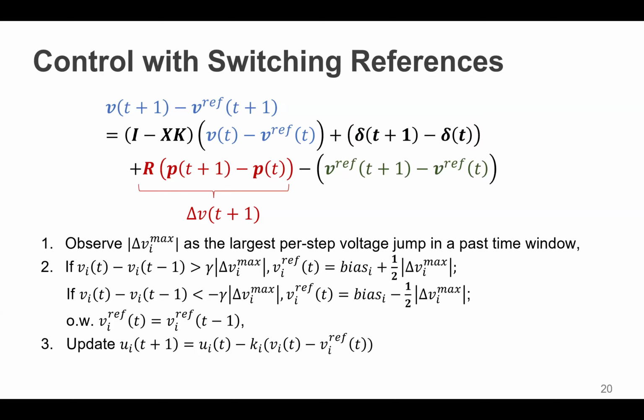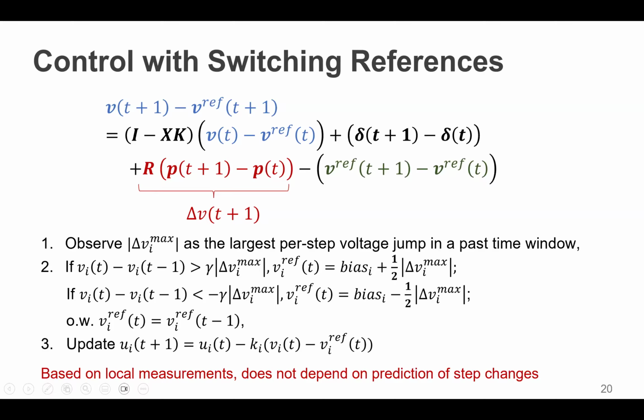In the figure before, exactly when the voltage step changes, then in the range between, we just maintain the current setup of the voltage reference. And now note that we update our voltage reference at time step t using the voltage measurement at time step t, right? So that's the reason why we can set up the voltage reference to follow the trend of the VR here, and we use that to guide the change of the action in the next time step.